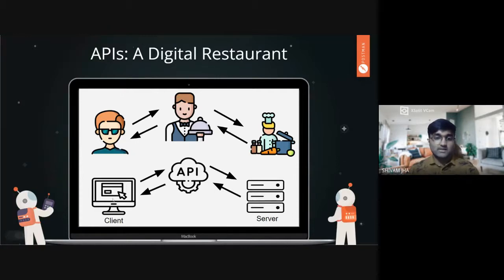So let's suppose we are the client. This is, let's say, the Twitter API for filtering out comments. And this is the Twitter server. You will make a request to the Twitter API to fetch any particular comment related to a particular topic from its databases.